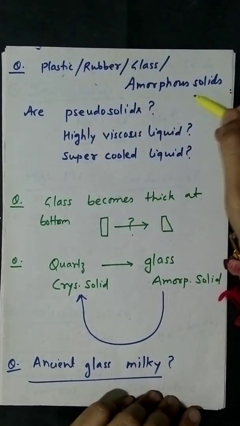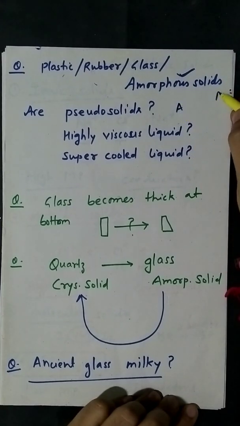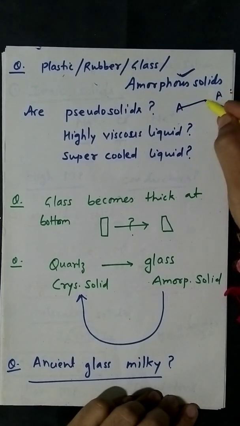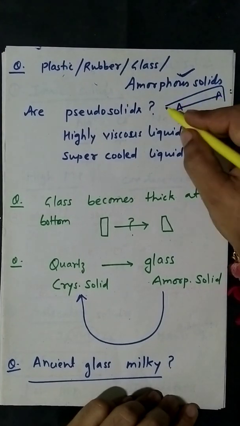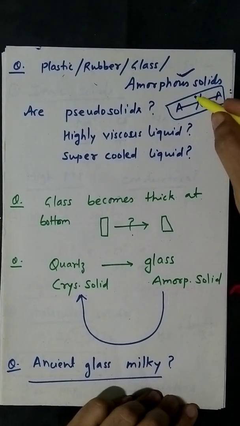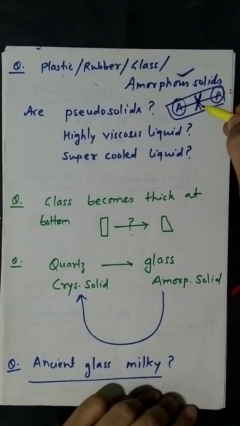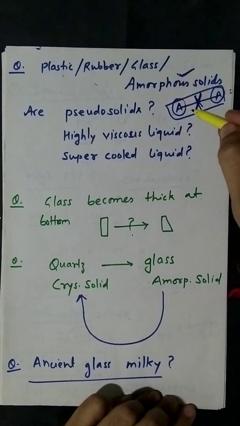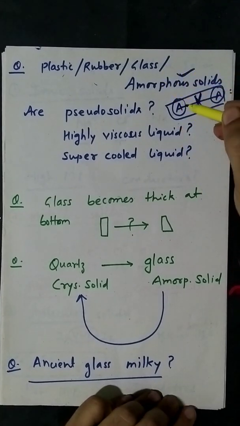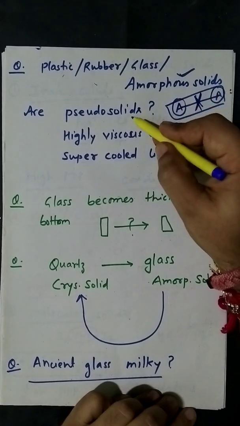Now the reason is these are all amorphous solids, and we have discussed that some of the particles are bonded with very weak force in amorphous solids. Now this bond can break even at room temperature. Because this bond can break at room temperature, these particles are in motion even at room temperature. And because some of the particles are in motion, you can't say they are perfect solids, you can say they are pseudo-solids. As we know, in a solid the particles can't move, but here such particles are in motion and therefore they are considered pseudo-solids.